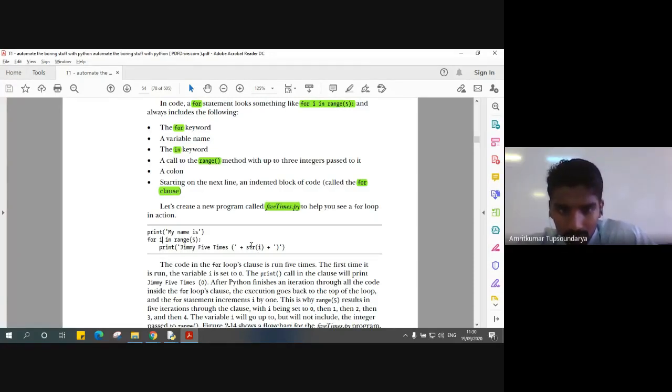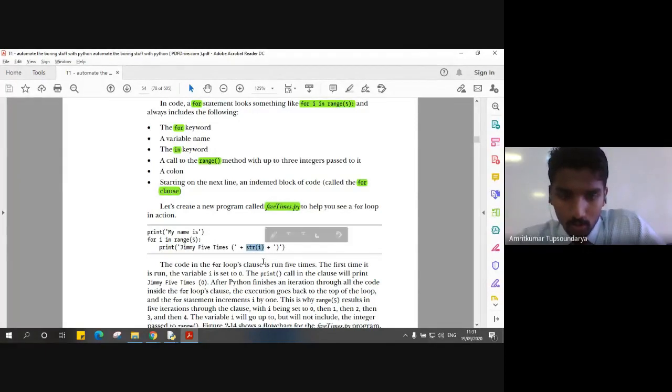Then the range function will increment that value, and the next time the I value will be 1, which is again within the range of 5, since I is less than 5. It checks the condition and sees that it is true. It goes on and executes this for clause, the print statement Jimmy 5 times, but this time the value of I will be equal to 1.